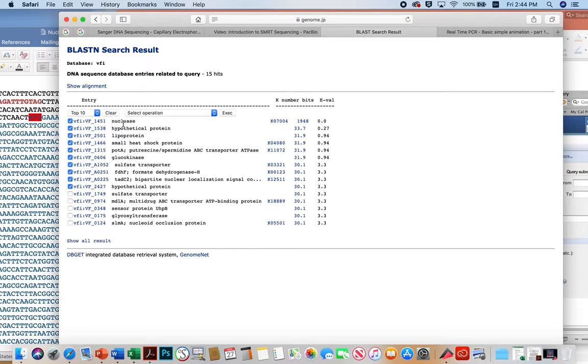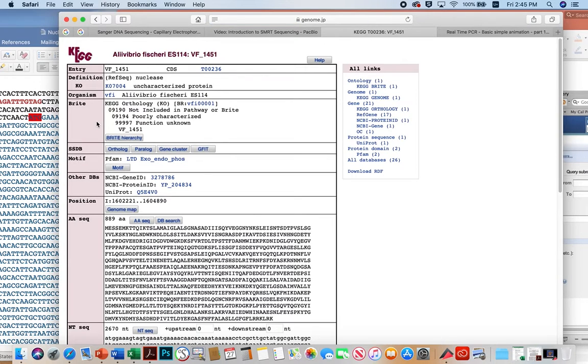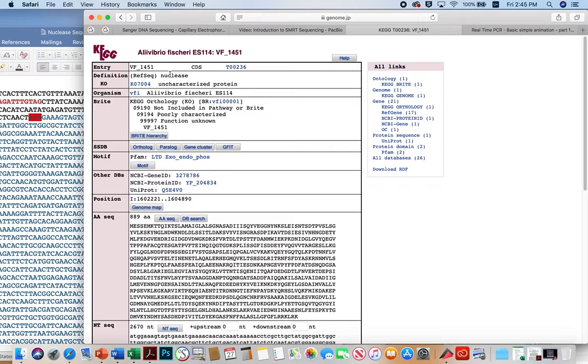Now, instead of just saying, okay, this thing's in Vibrio fischeri, and here's the genomic region, KEGG will tell me specifically what it is, and you can see that, and then I can click on that and go right to this information page about the particular gene. So here's the annotated entry. Here's the definition, or the annotation definition of the gene, the organism it comes from,